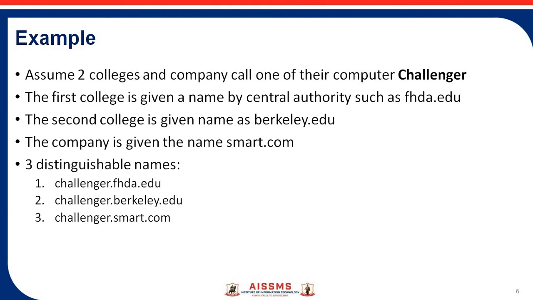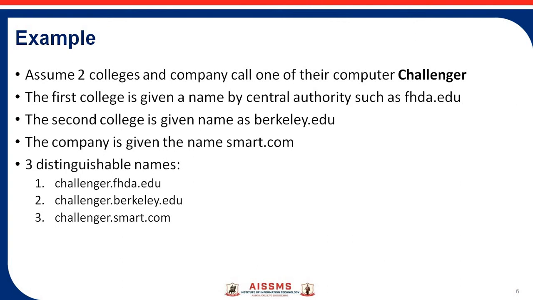Now we'll see examples related to hierarchical namespace. Assume two colleges and a company call one of their computers challenger. The first college is given a name by a central authority such as fhda.edu. The second college is given the name berkeley.edu, and the company is given the name smart.com. When each of these organizations adds the name challenger to the name they have already been given, the end result is three distinguishable names: